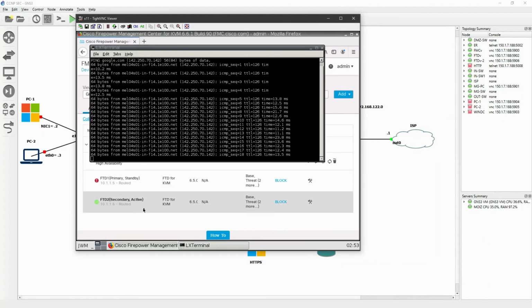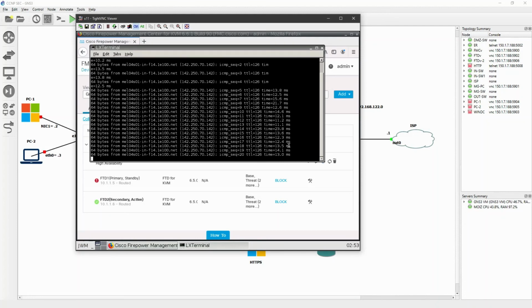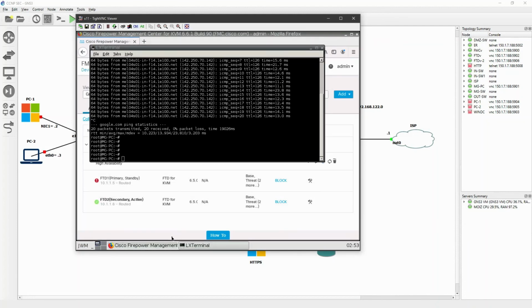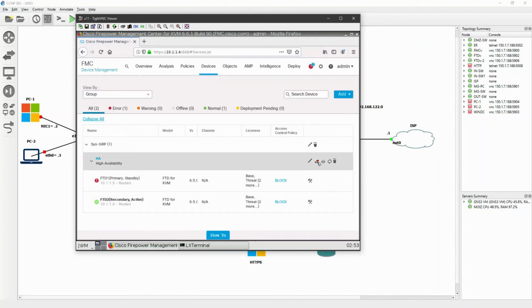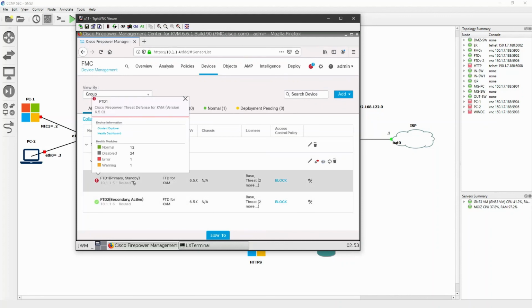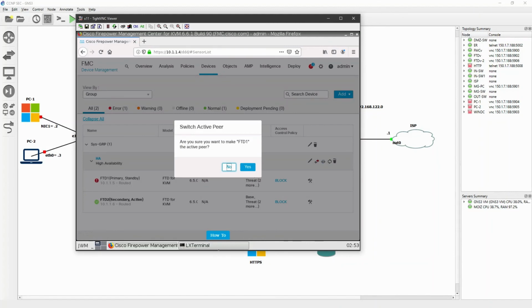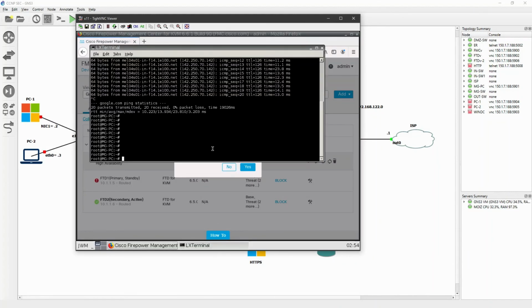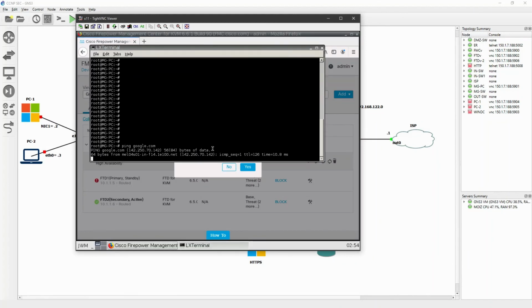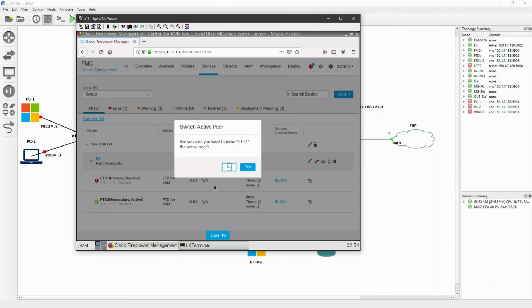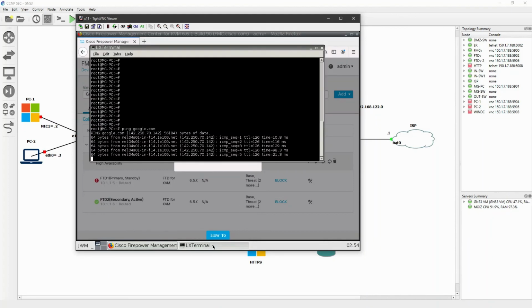Now you see that secondary became active, but I will do it one more time. So I will switch one more time. Okay, the primary is standby now, so I will switch one more time, and before that I will just start the ping and click on yes. And now let us check whether the ping has been dropped or not.